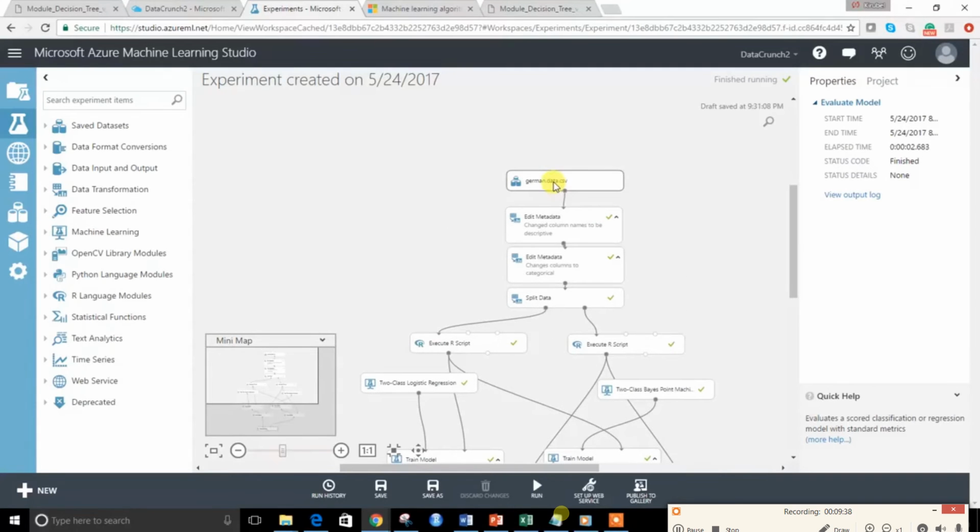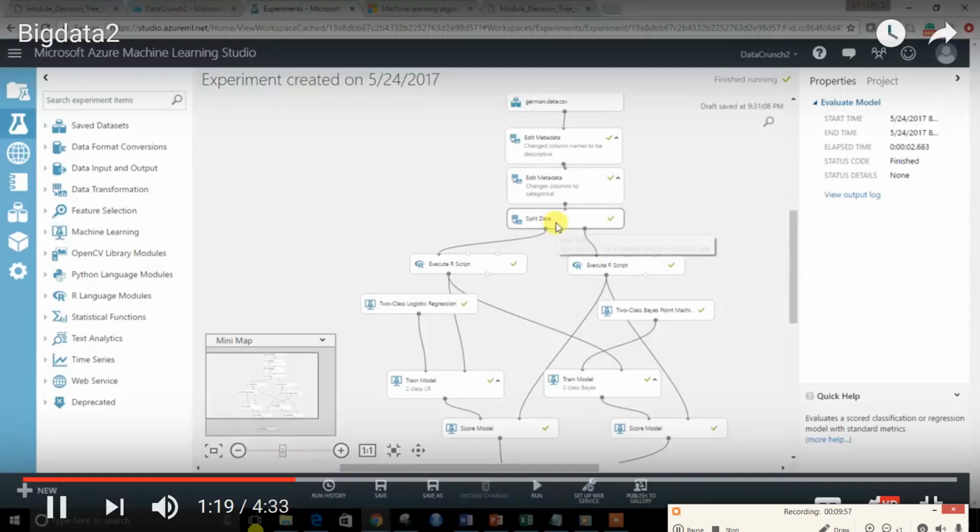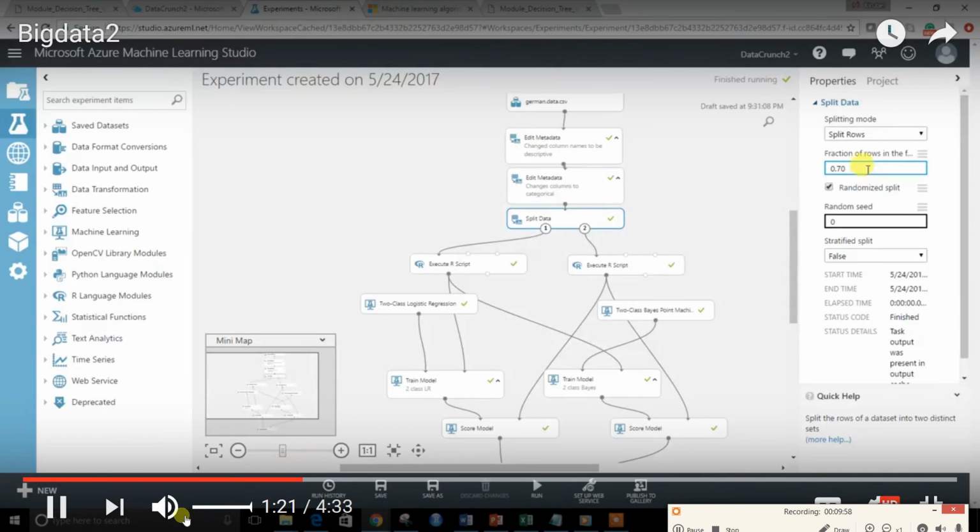So basically, we first looked at the data, and then we edited the data. We added columns, since column names needed to be more descriptive. We edited the metadata, and this time we changed some columns to categorical. And then we split the data 70-30, 70%